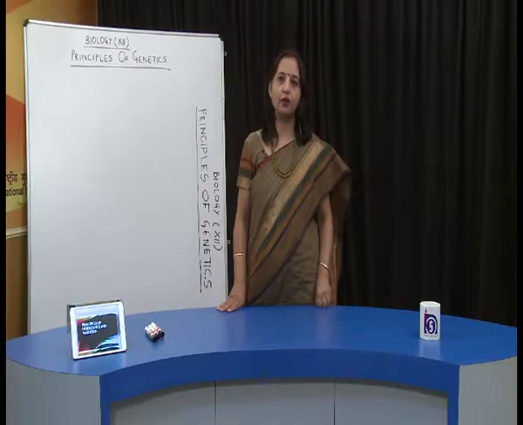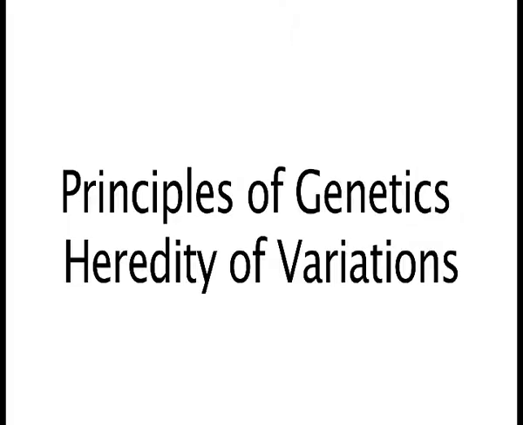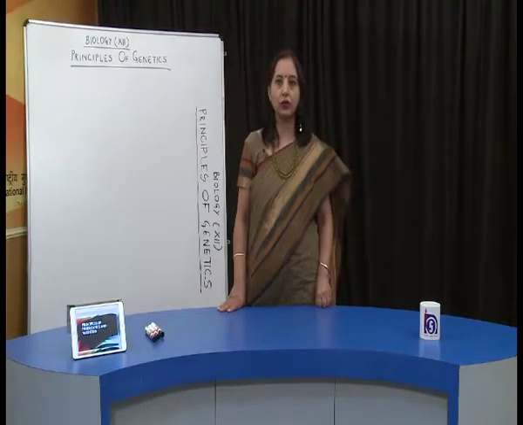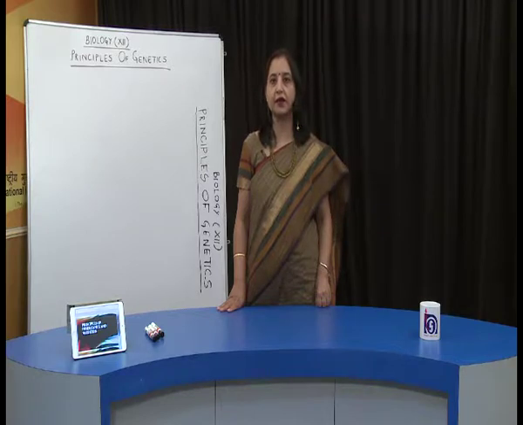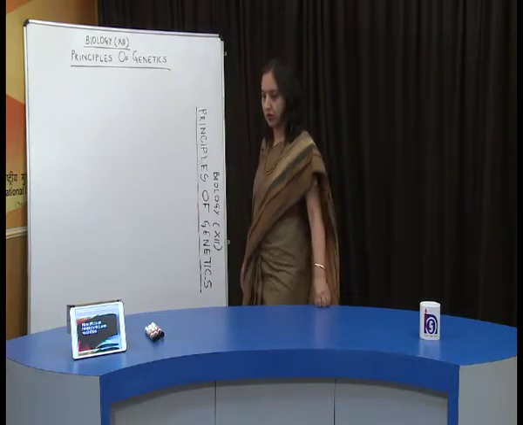We are going to talk about the most interesting topic of biology of class 12th, that is principles of genetics. As you all know that we resemble our parents. We have certain features that are similar. Similarly, a mango tree has a seed which gives rise to a mango plantlet only. How is that possible? It is all due to transmission of characters or traits from one generation to the other. And this is what genetics is all about.